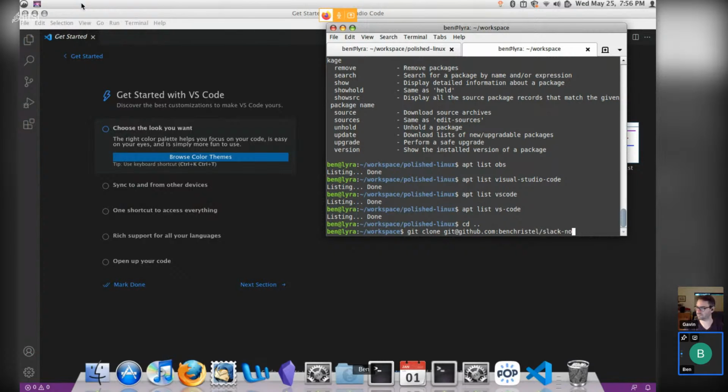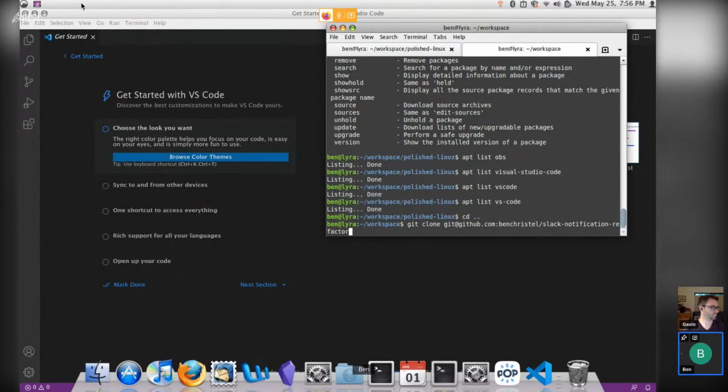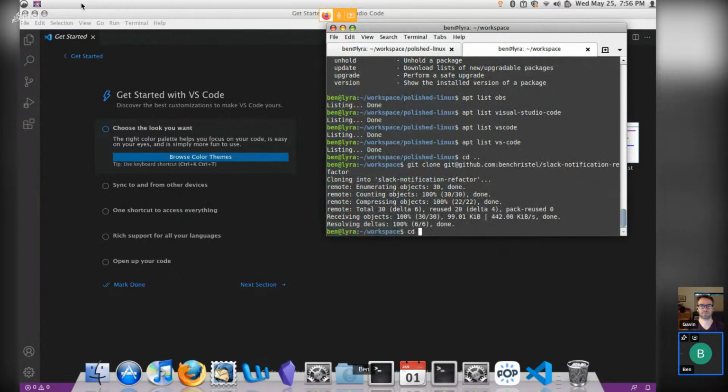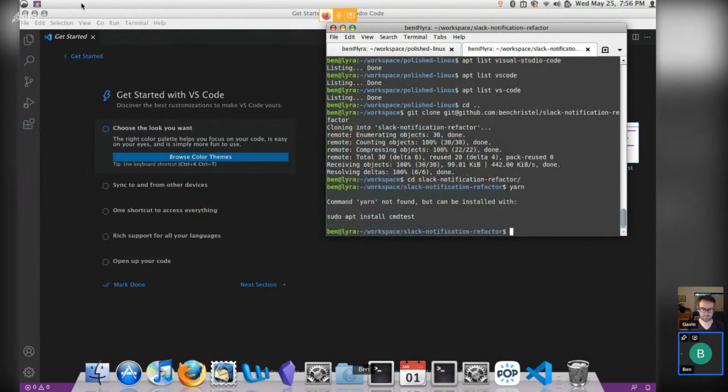I think it was called Slack notification refactor. Okay. And I believe we had NPM dependencies. Ooh, so this is interesting. I haven't set up Node.js on this computer. Okay, so